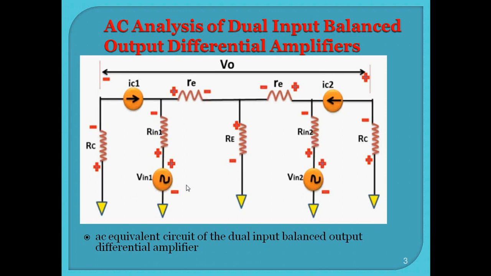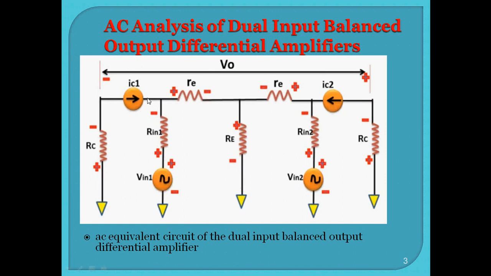As we have set both the supply voltages plus VCC and minus VE to 0, whereas we know that the collectors C1 and C2 are connected to plus VCC, when it becomes 0, this is my collector 1 for transistor Q1 and this is the collector C2 of transistor Q2. The emitter is connected to the minus VE voltage. Already we have made the RE equivalent resistance, which is obtained by the parallel combination of RE1 and RE2, which is connected to minus VE.